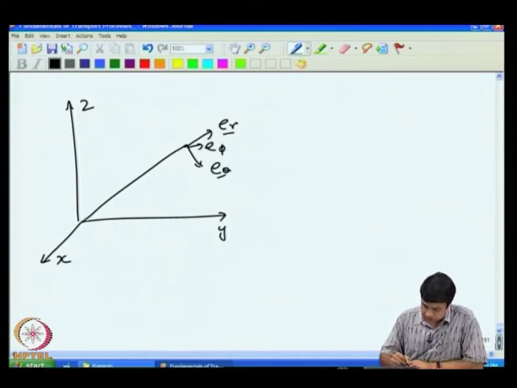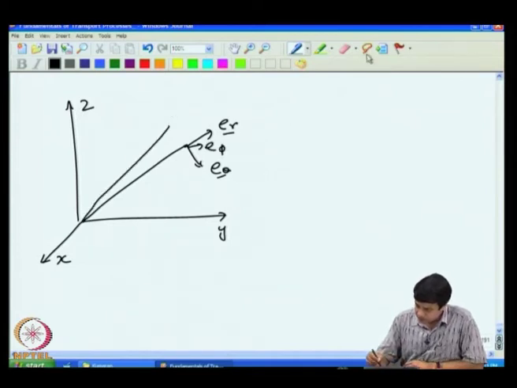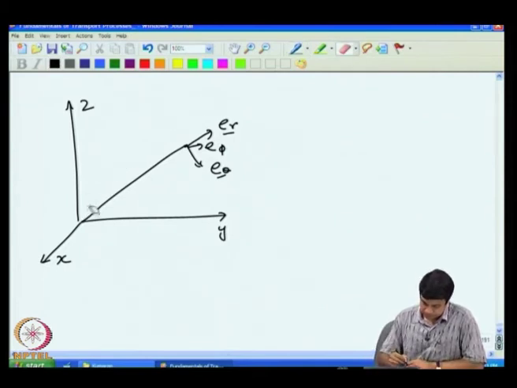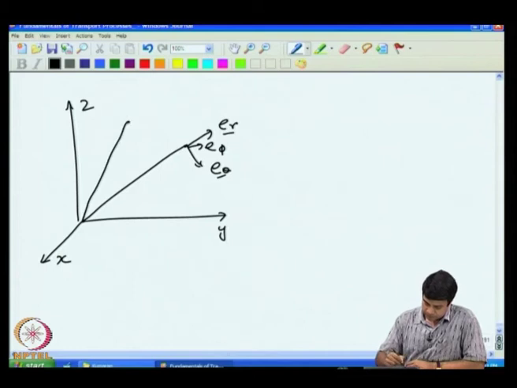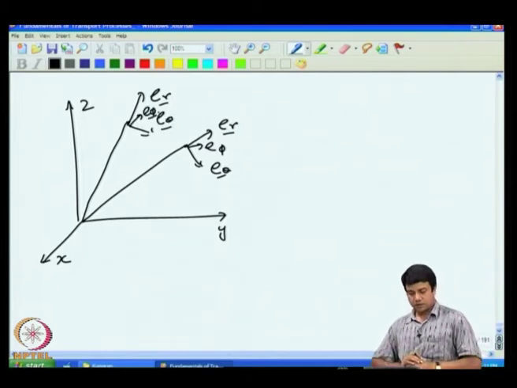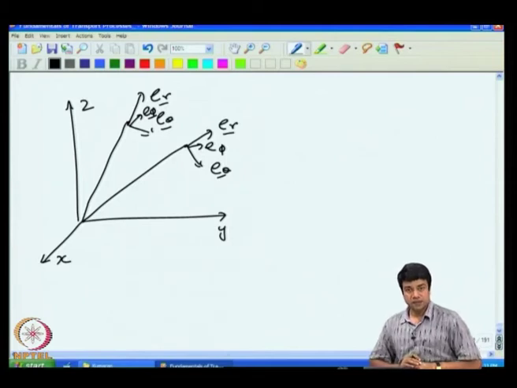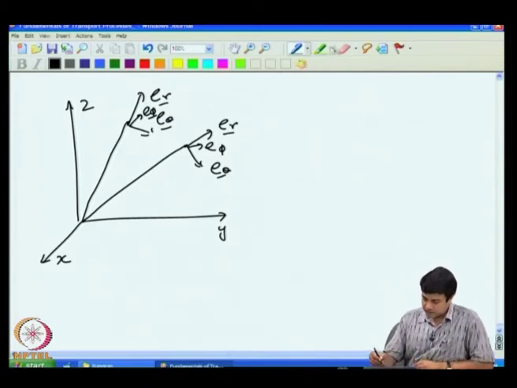Okay. This is at one location. If I go to some other location, this is E_r, this is E_theta, and this is E_phi. So, the unit vectors themselves are changing with position in the spherical coordinate system. That means that when I define